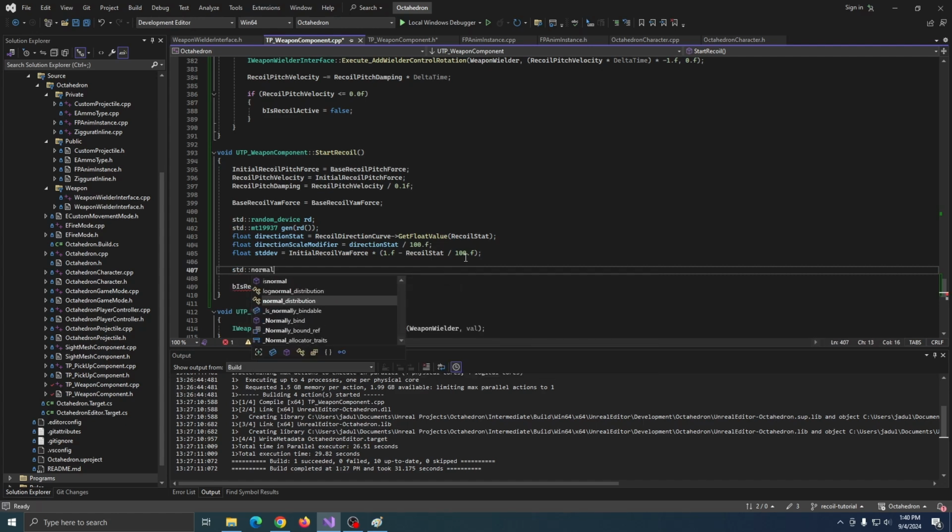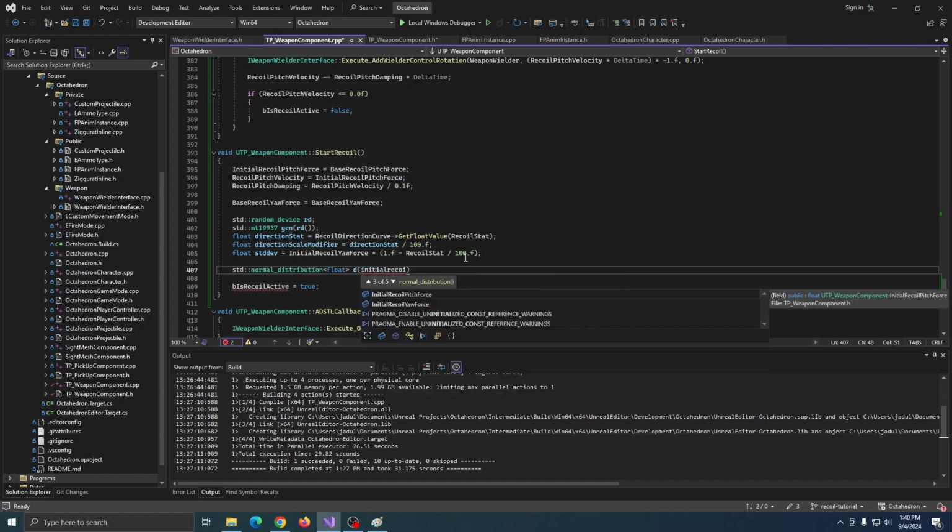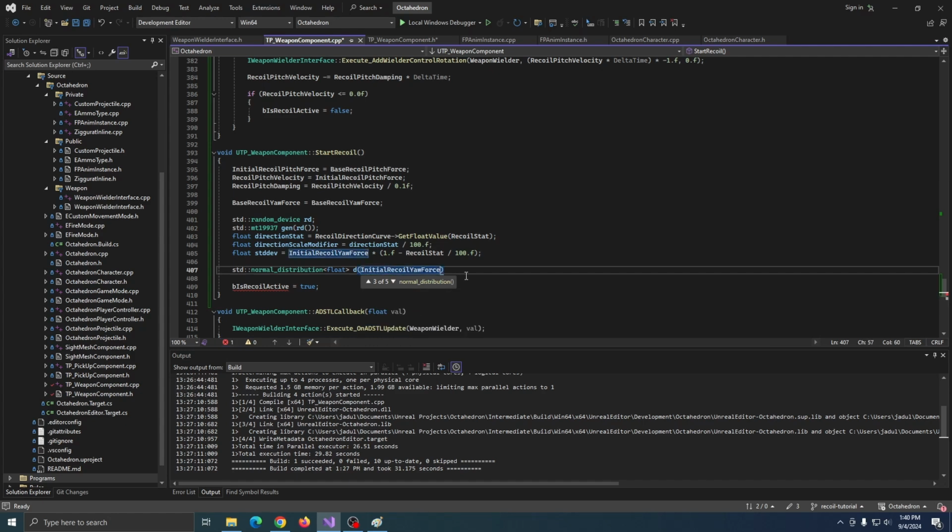So normal distribution float, the initial recoil yaw force. So that's the mean. So we multiply this with the direction scale modifier, right? Scale modifier,